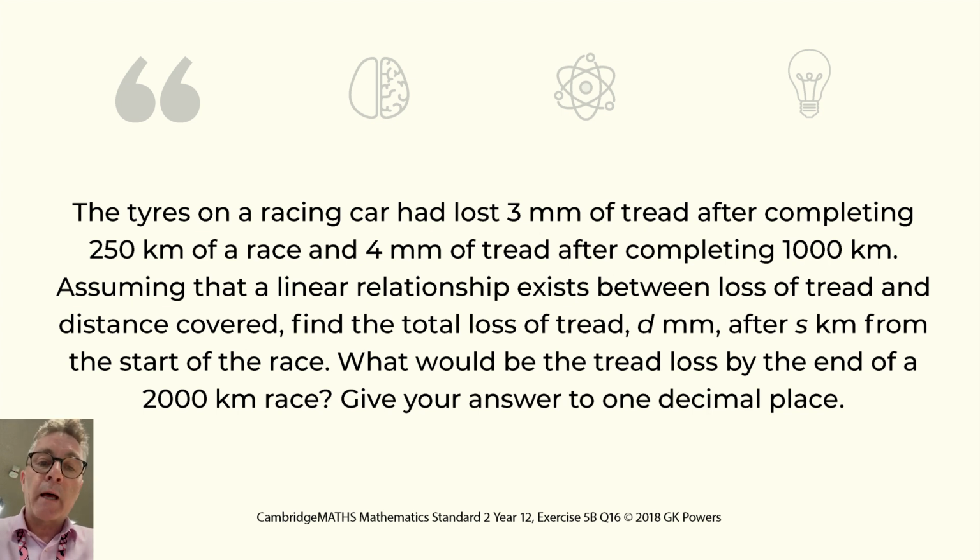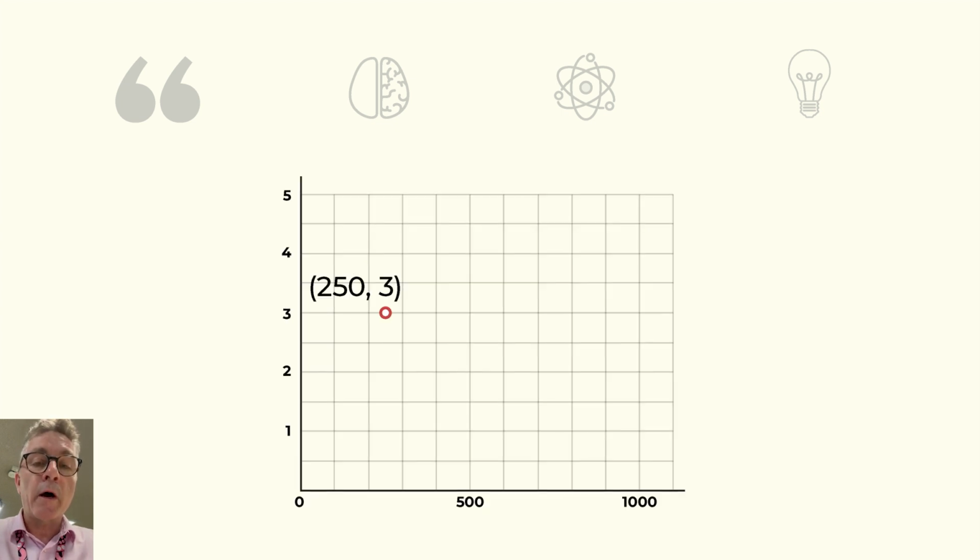In a Cartesian plane, if you're thinking about x and y, 250 is the independent variable, which means it's going to be on the x-axis. The tread depth depends on how far down the road you are. So you've got the point (250, 3), and you also have the point (1000, 4). If you draw a straight line between these 2 points, there is the ability to calculate the gradient by imagining